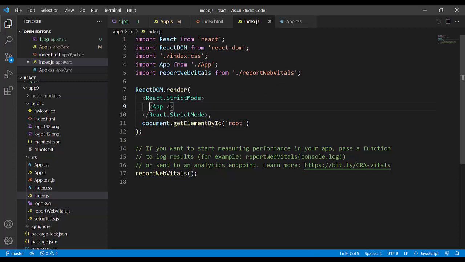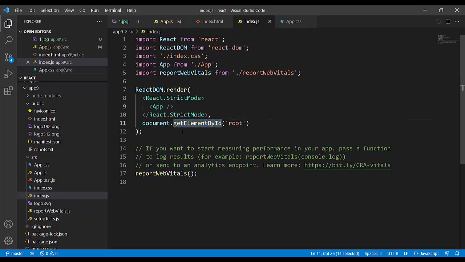Where is that web component? And the result of the render would be placed in